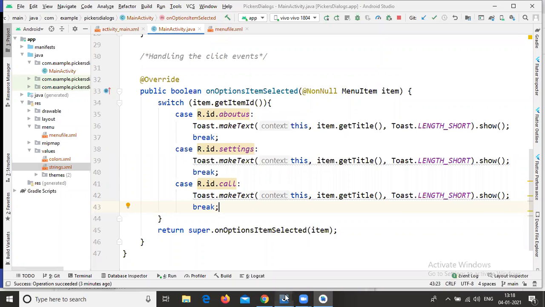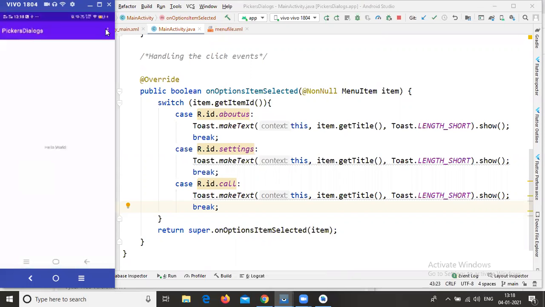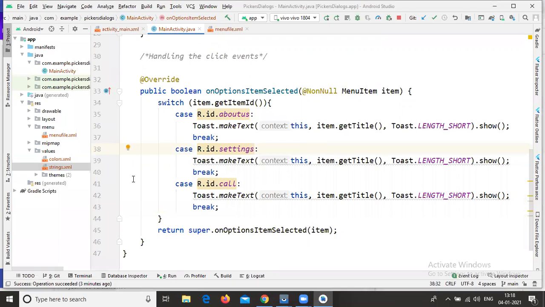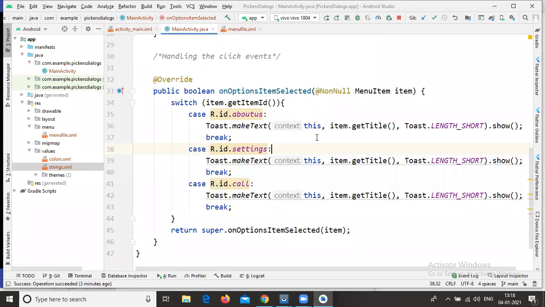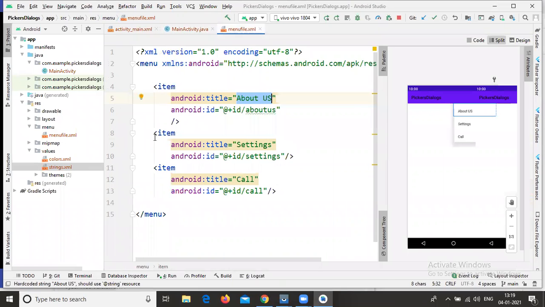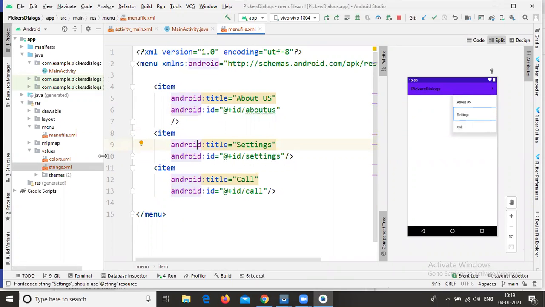As of now, we have implemented only up to these three dots. In case you want to add icons, you can add them. So how do we add icons in our project? I want to create the icons first, and after that I will add these icons to our items. As of now we didn't create any icons in our project.